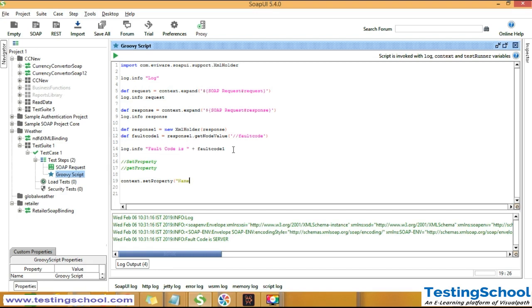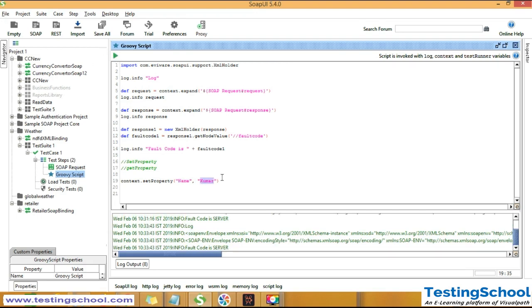For example, I want to store the name here, name, and here I am giving Kumar. So name is the key and Kumar is the value, a key-value pair. If I run this, nothing will print, but what it will do is